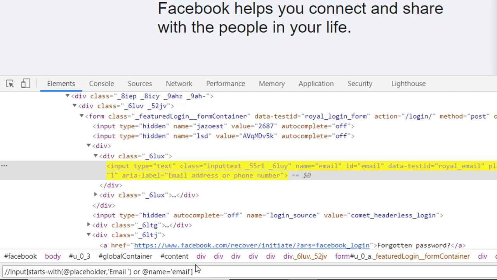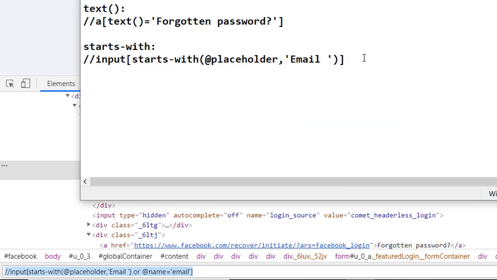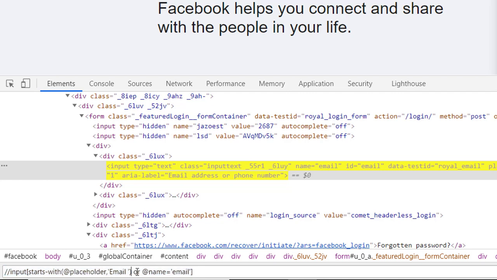As you can see, it is locating this particular element in here because we have provided the or condition. In the or condition, whatever conditions we are writing in this particular XPath, there are two conditions. First one is starts-with the placeholder email, and second one is the name equals to email. Whenever one condition is satisfied, it will locate the element.